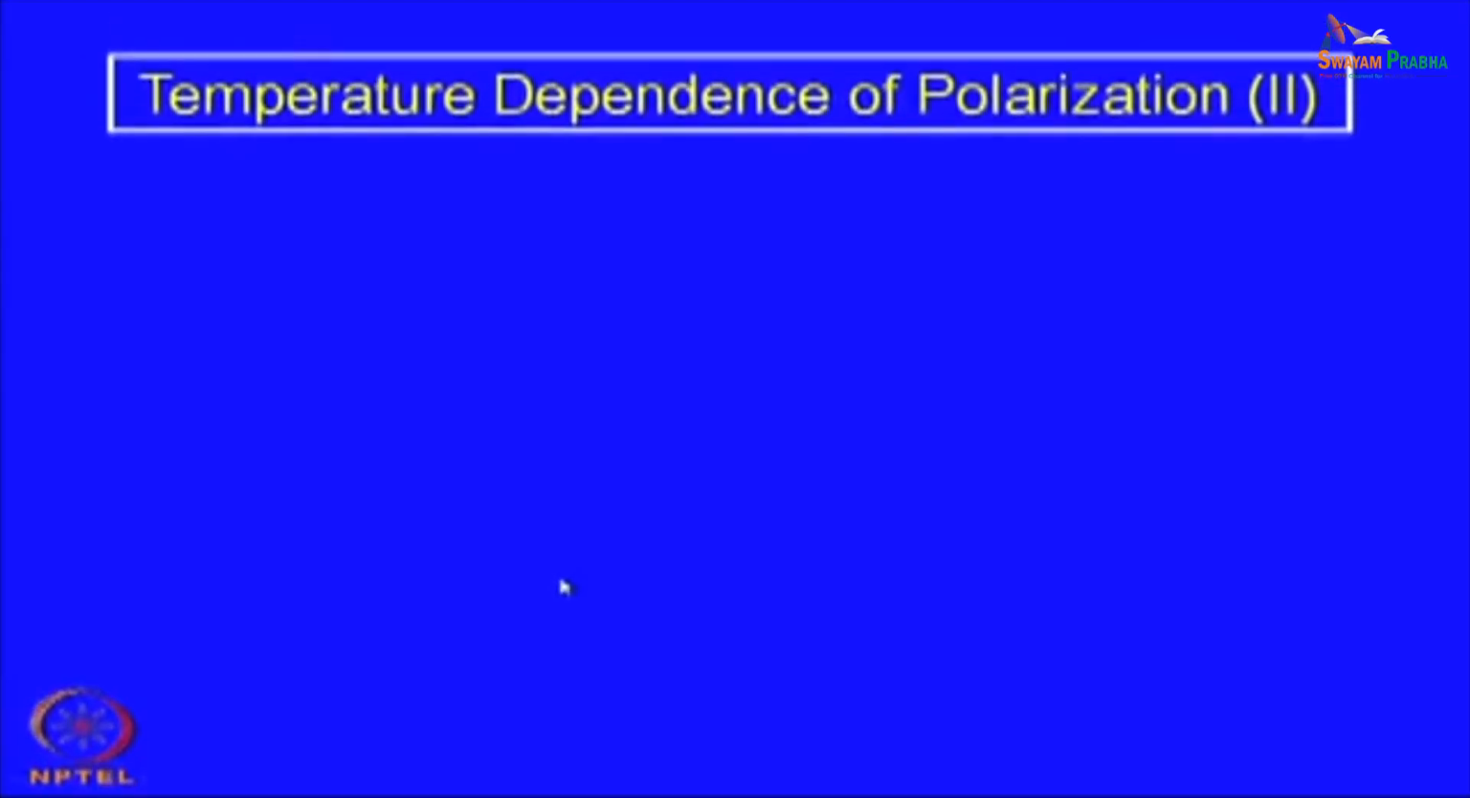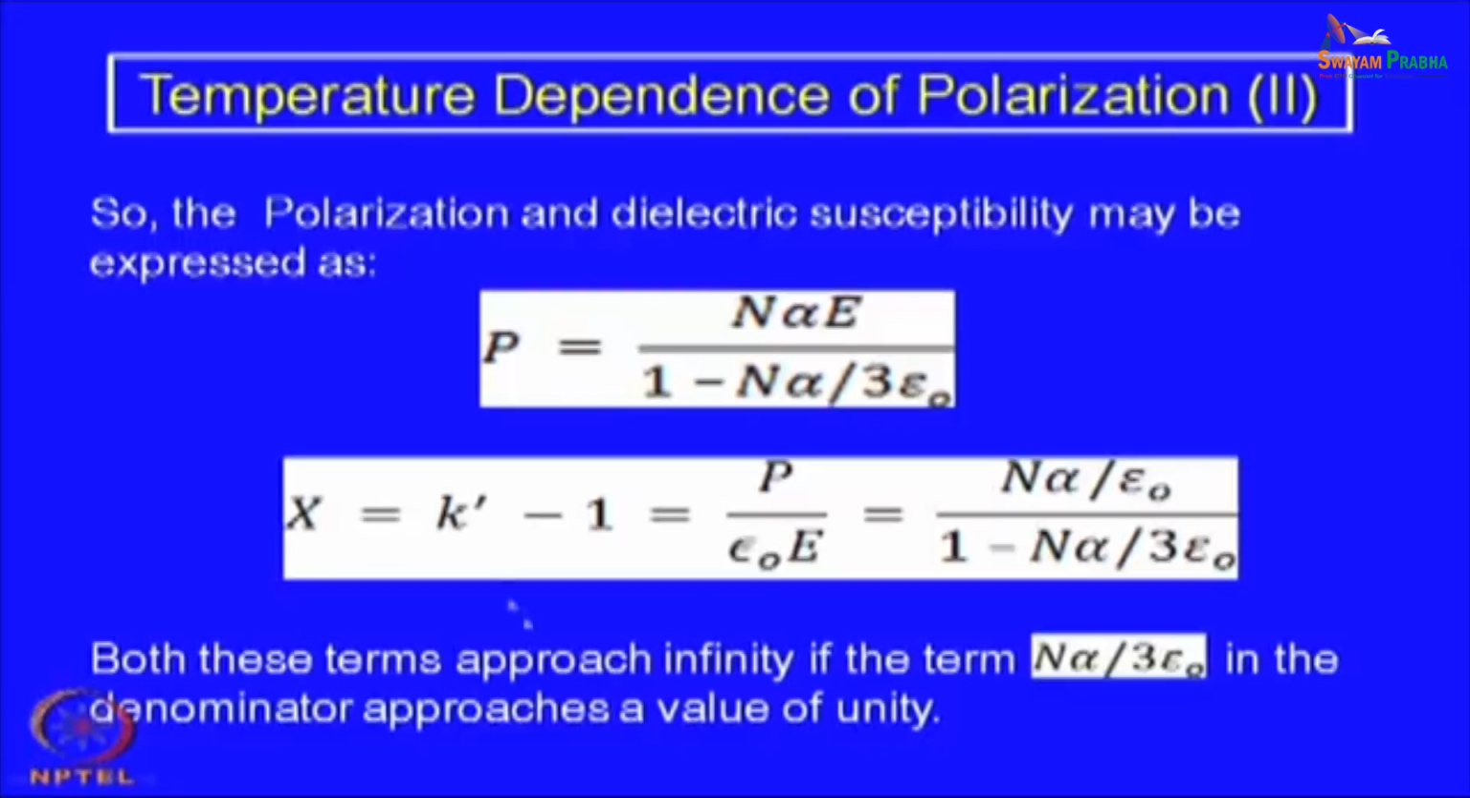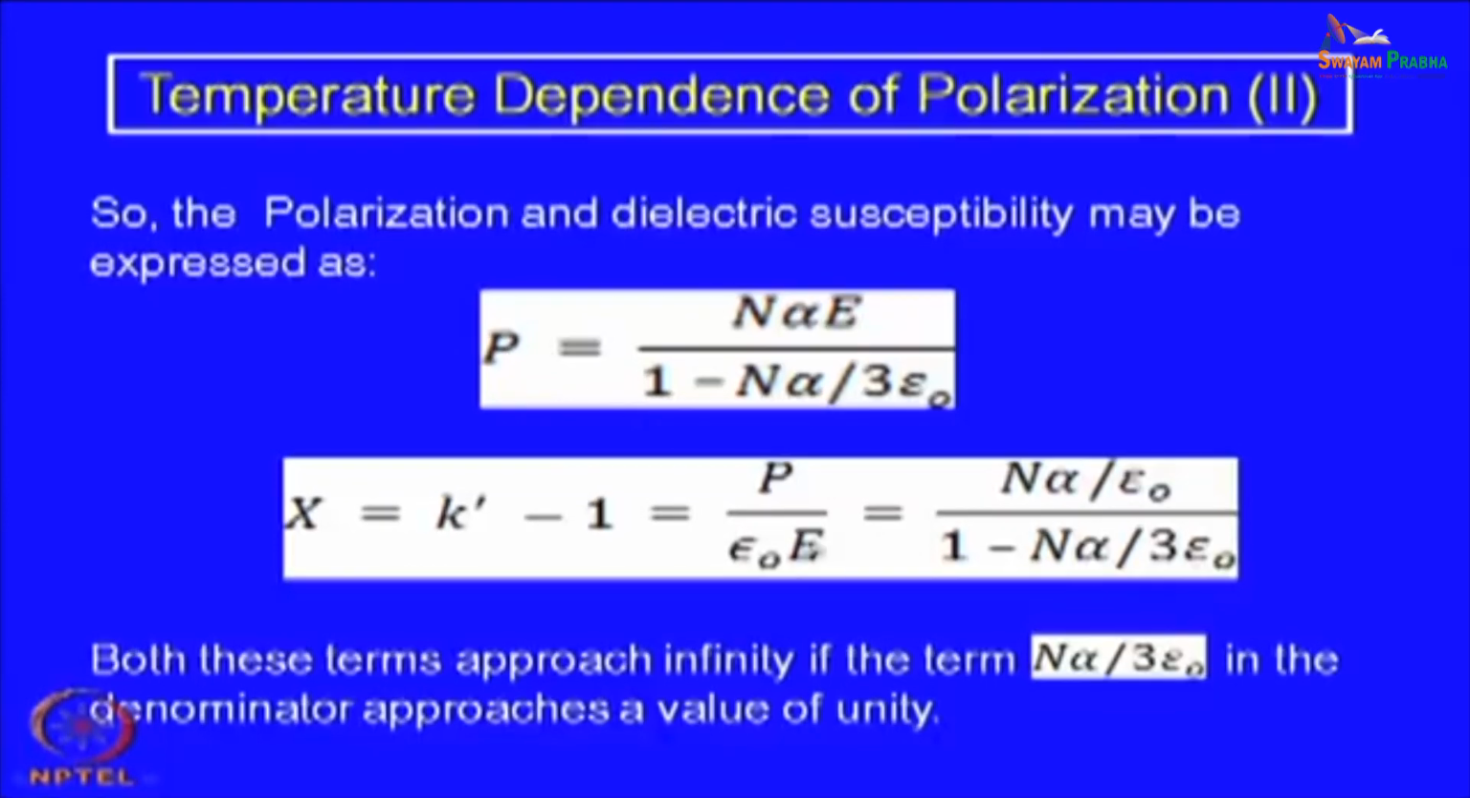If we continue, the polarization and the dielectric susceptibility may also be expressed, as per definition from the earlier relationship. Polarization in terms of the applied field is n alpha E divided by 1 minus n alpha by 3 epsilon naught. This is the expression of polarization, and this is the expression of dielectric susceptibility chi, which is again k prime minus 1. This has already been introduced. If you just replace P here, you will find that